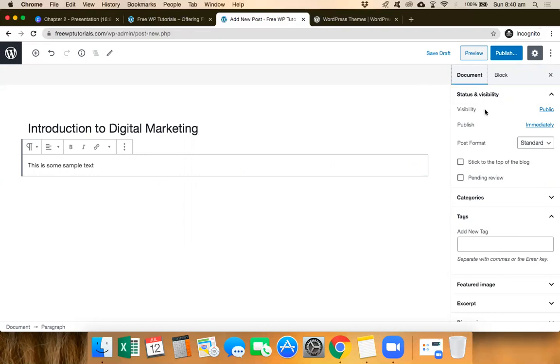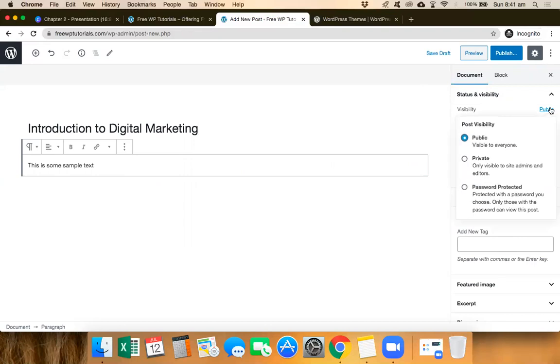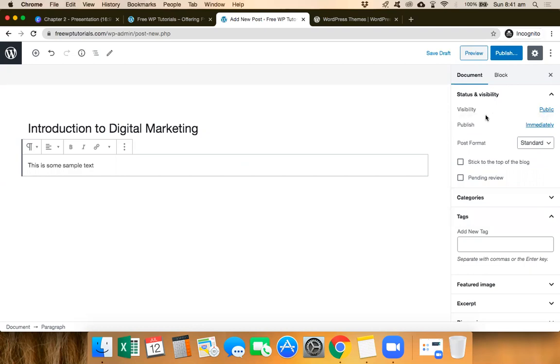Now, first starting with the visibility. Visibility is basically whether, once you publish, you want everyone to have a look at this, or you want only some options to be given. For example, if I select public, this is visible to everyone. Private is only visible to the admins and the editors. Now password protected: if I select this option, it will give me an option of adding a password. Let's say you have some content which you do not want everyone else to see. Only those whom you give that password to will be able to see that article. So in such cases, you can select this option of password protected, include the password, and go ahead and send the same URL.